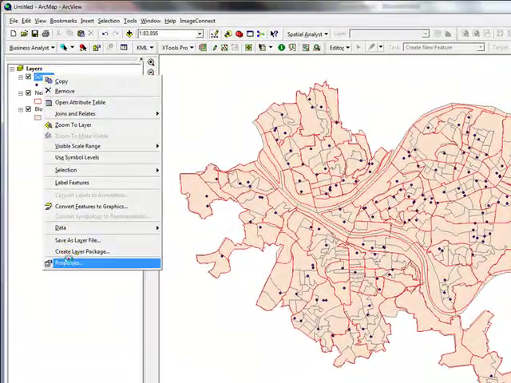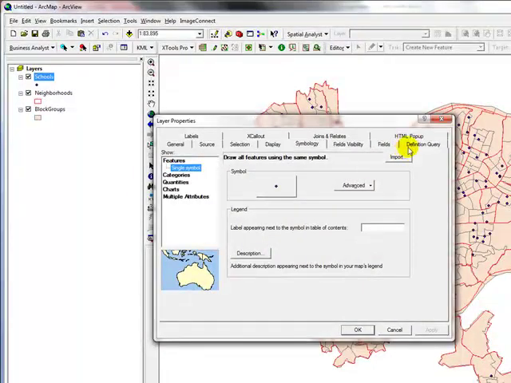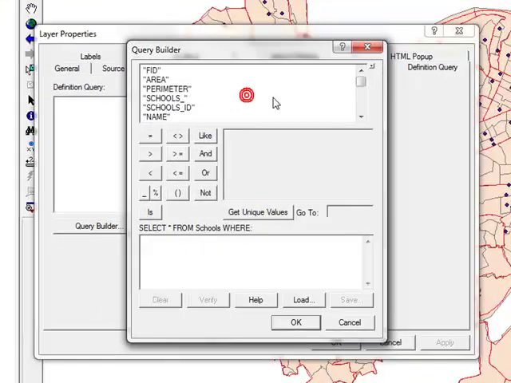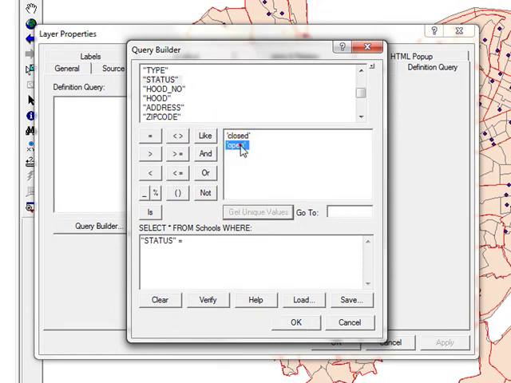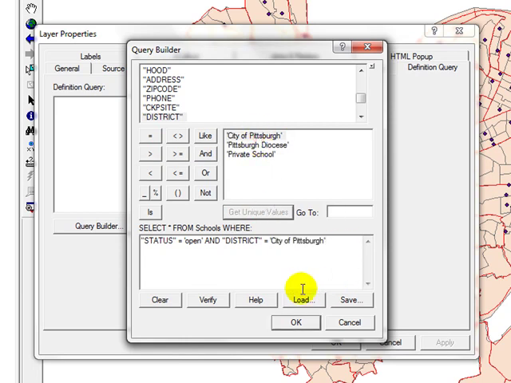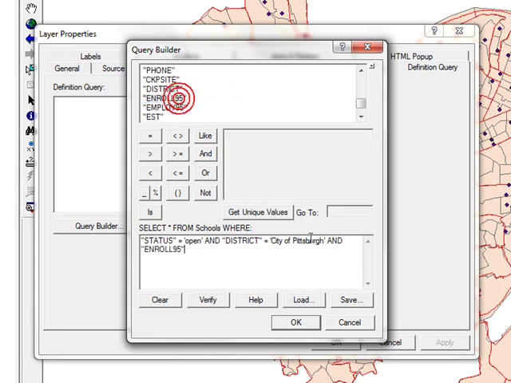I'm gonna go to properties of the schools and go to the definition query tab and start the query builder, in which I'm gonna say I want schools that are only open and district is only City of Pittsburgh, and enrollment,